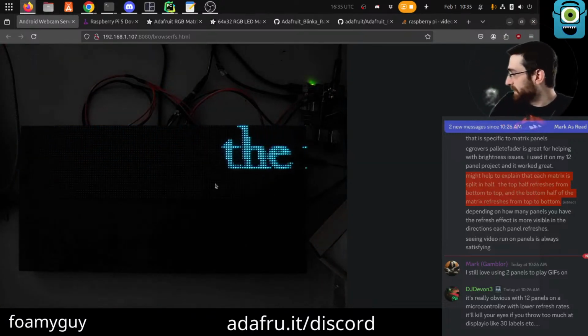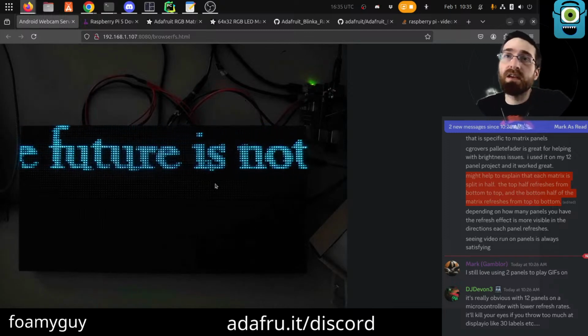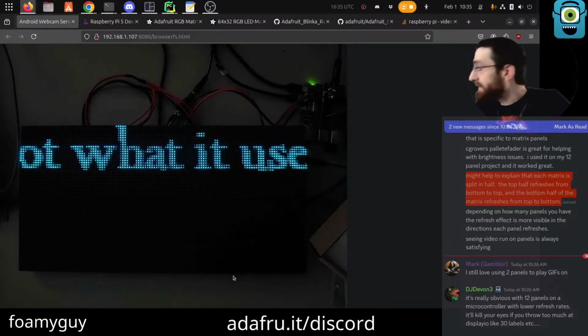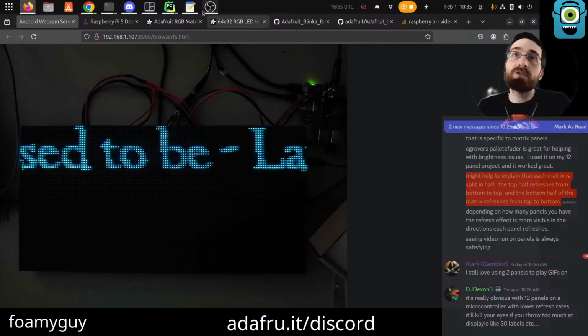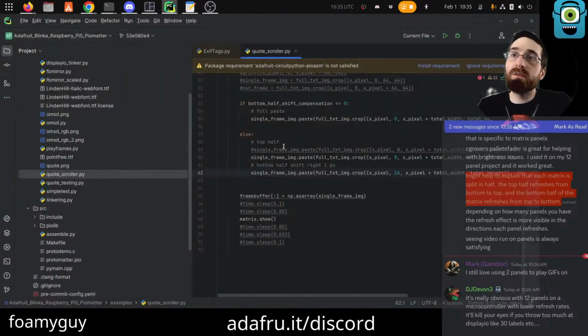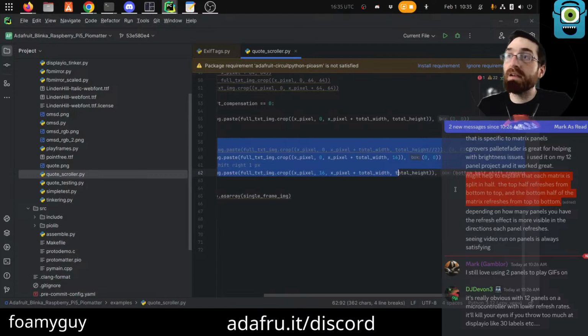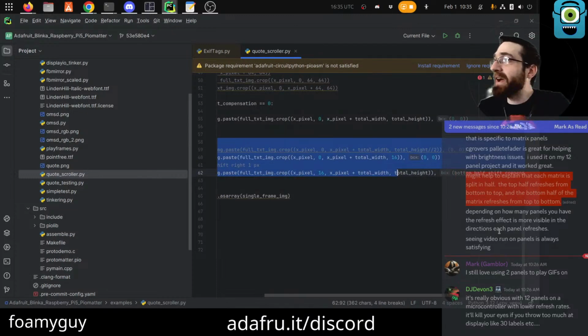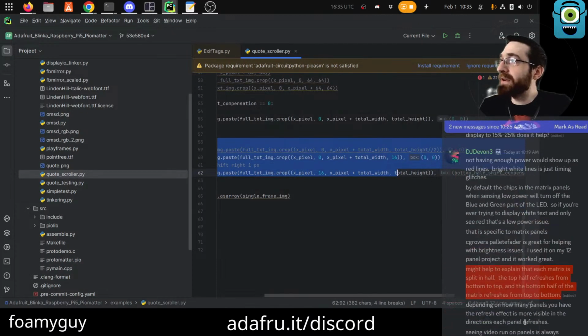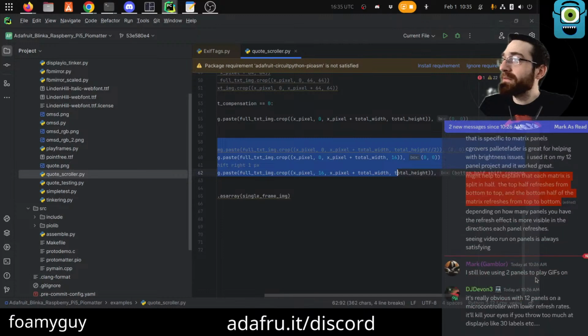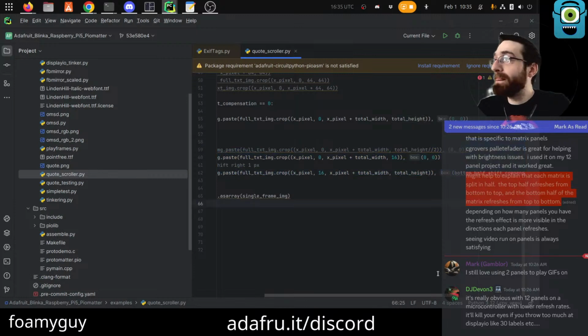It doesn't do that to the naked eye. That's the camera and or the streaming doing that. Now they are straight vertical, and this little bit right here is accounting for that exact top half, bottom half that DJ Devin mentioned. Before I realized the cause of it, I figured out I could do this to work around it.